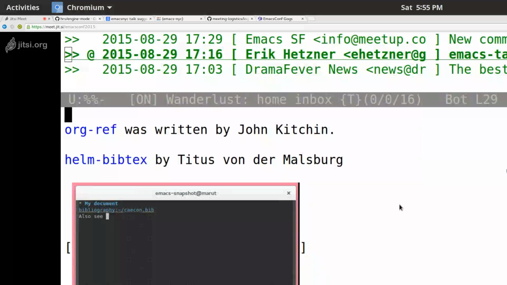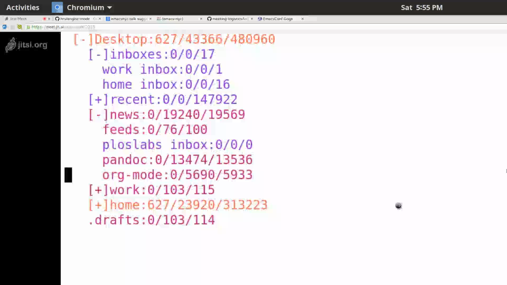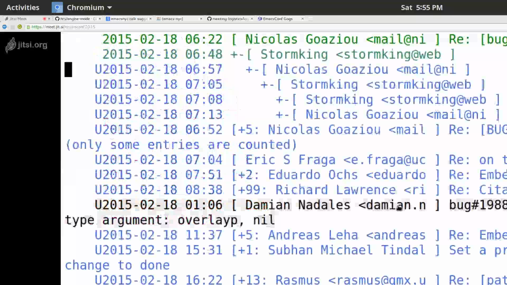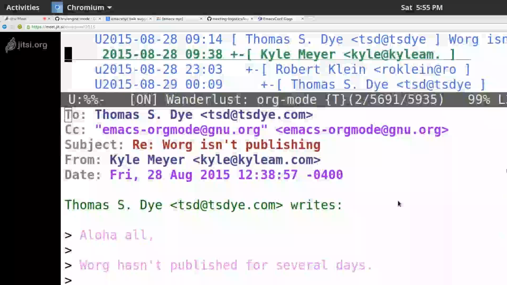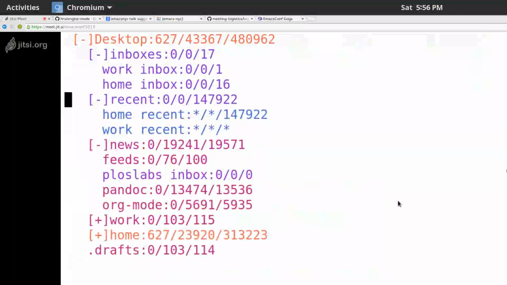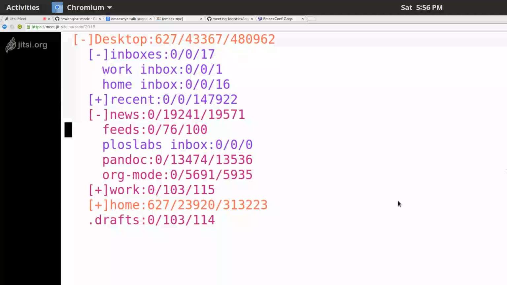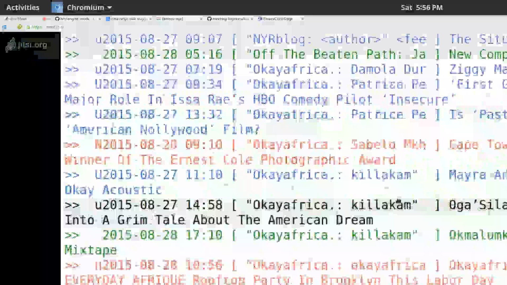Yeah. Does it read news too? Yeah, it does read news. I don't really read many newsgroups, but I track the org-mode mailing list on Gmane. So it's not possibly as good as Gnus with that, but this is the list, and you can go through and read it. You can always slurp messages in batch and mail them to yourself. That's what I do. Yeah. You can also, if you ever want to, there's also a program called rss2email as well. So I actually read RSS feeds in mail, which you can check out.